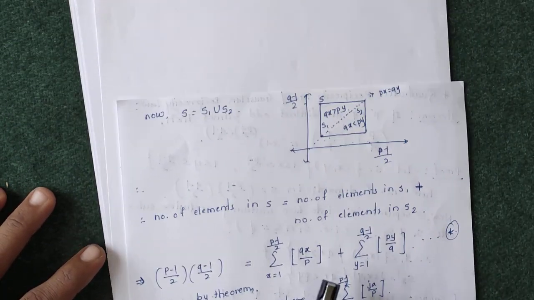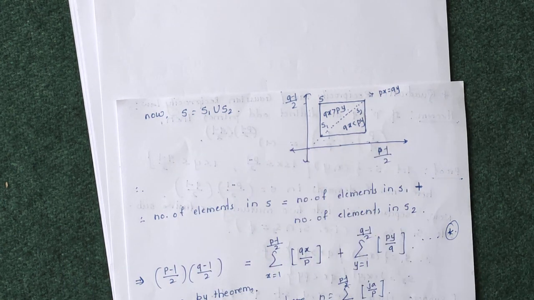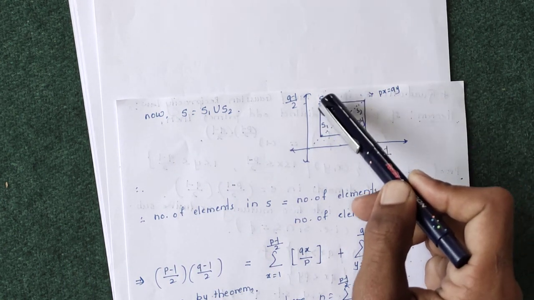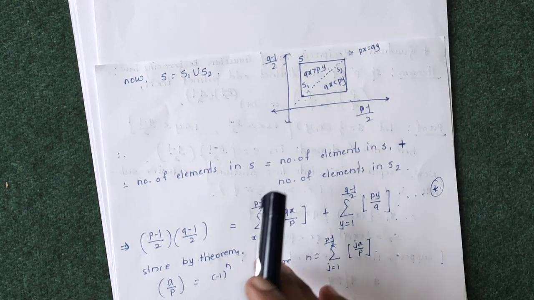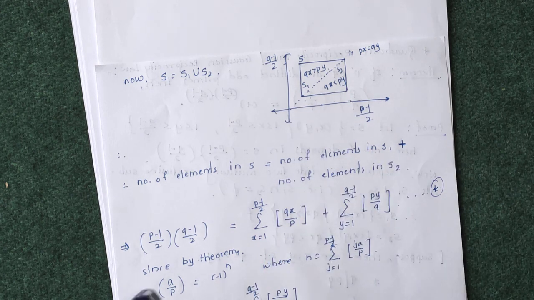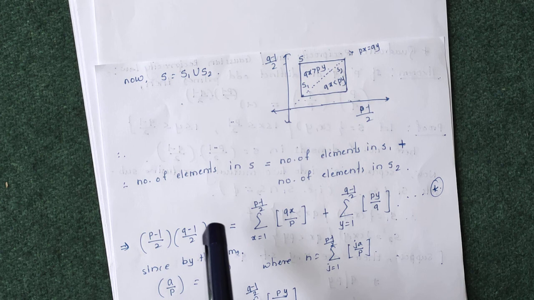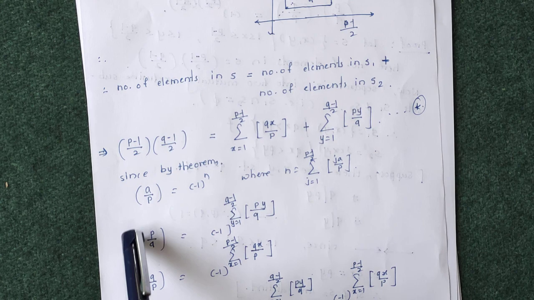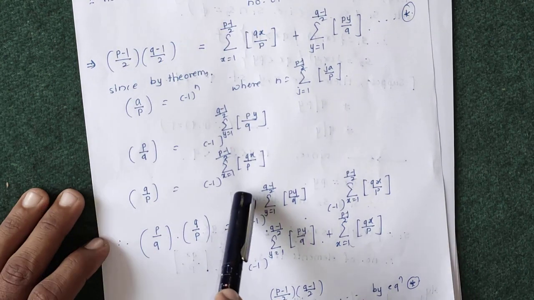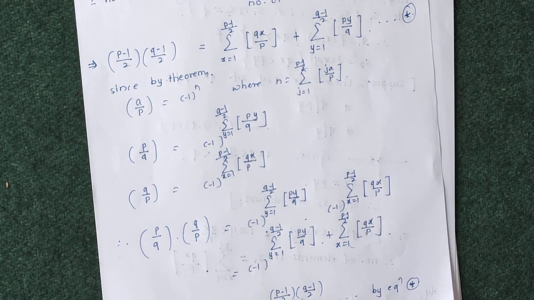And we know that we have just partitioned S into two subsets S1 and S2 such that their union is S. So in this manner, this is the line px equals qy, with sets S1 and S2, their intersection is empty and their union is the total set S. This is just a diagram that you may or may not write in your proof. So the number of elements in S is the number of elements in S1 plus the number of elements in S2. So just writing these numbers, and by using the previous theorem, we can write the Legendre symbol of p and q and of q and p. So just multiplying these two we get this, and from equation star our proof is done.